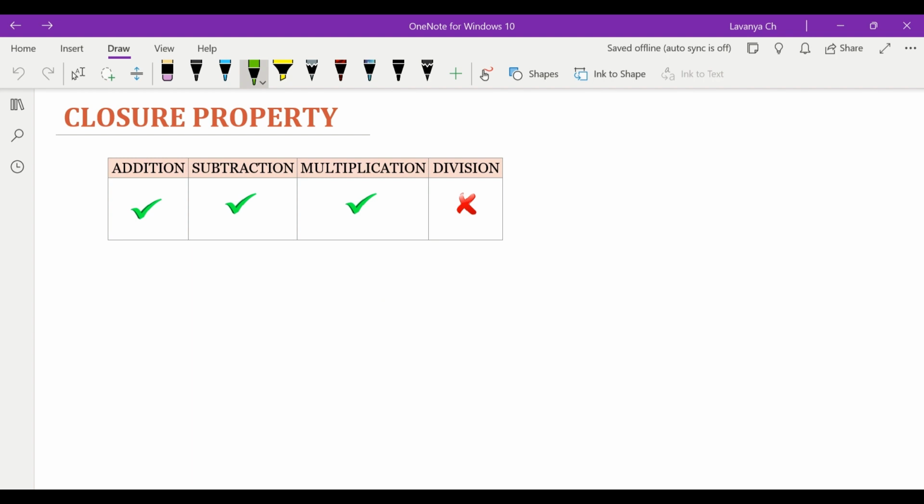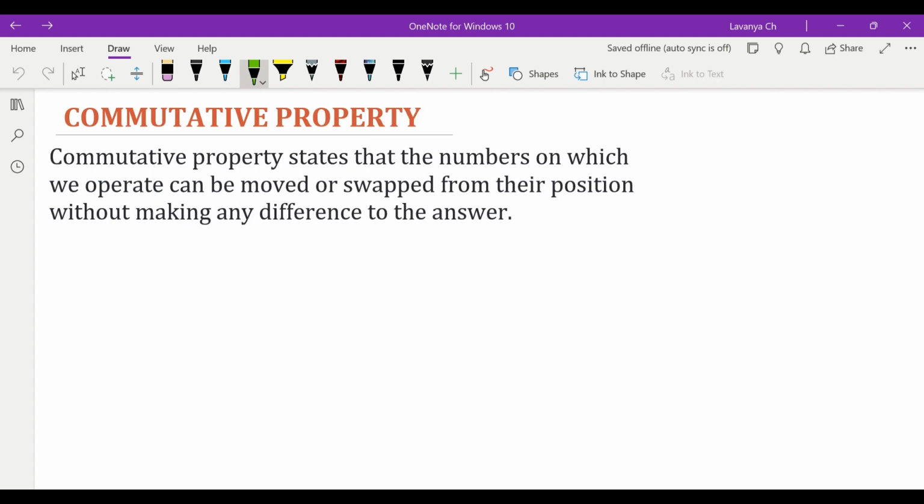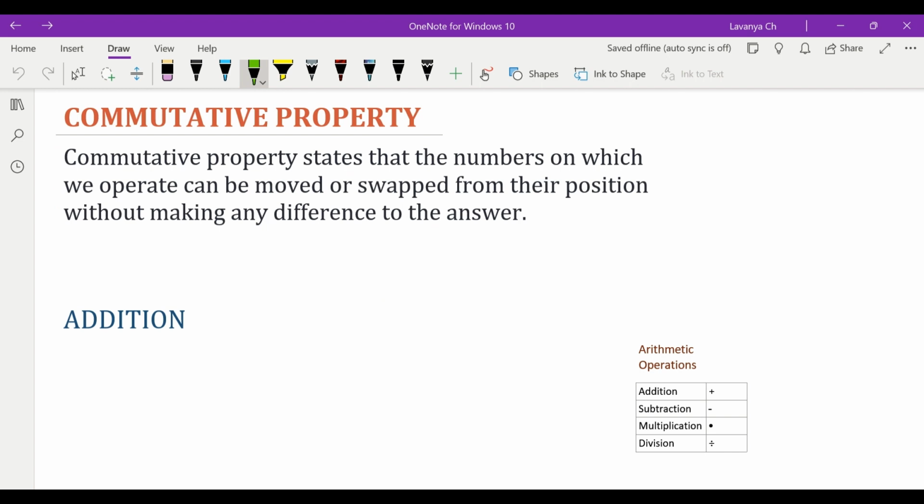Now let us look into the next property, the commutative property. Commutative property states that the numbers on which we operate can be moved or swapped from their positions without making any difference to the answer. Here also we have to consider all four arithmetic operations and see whether this commutative property is satisfied or not. First, for addition,